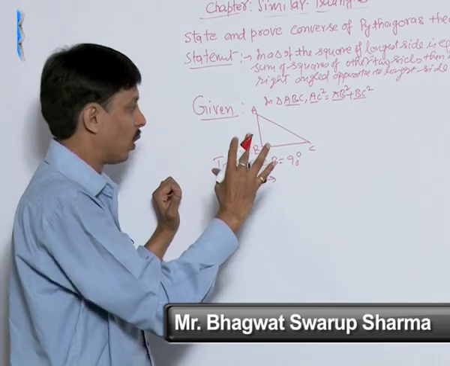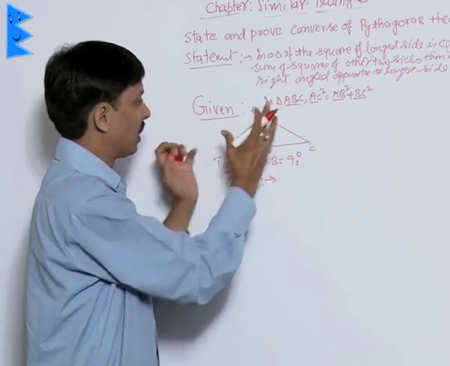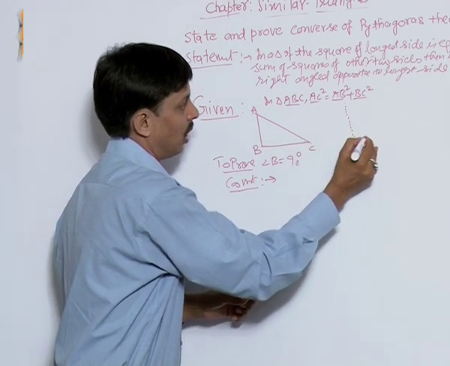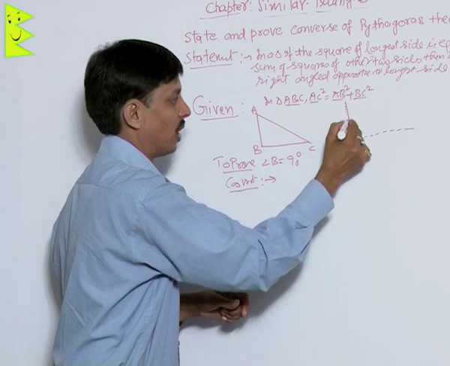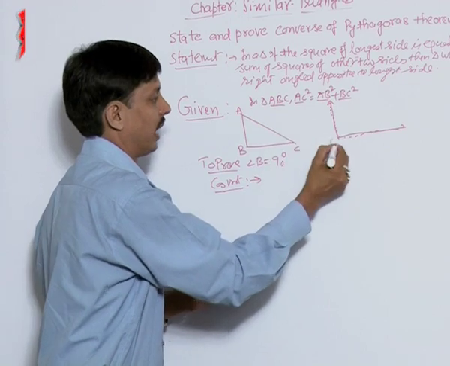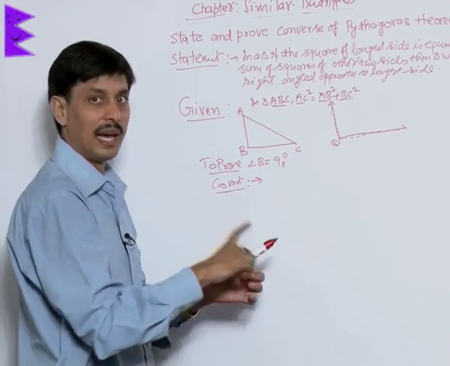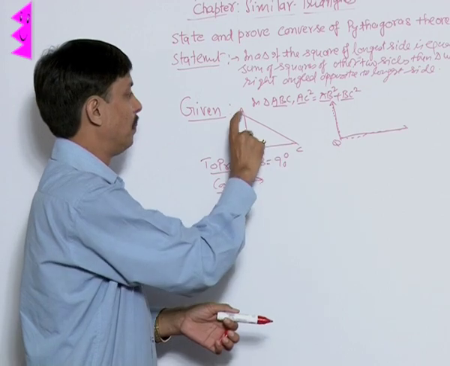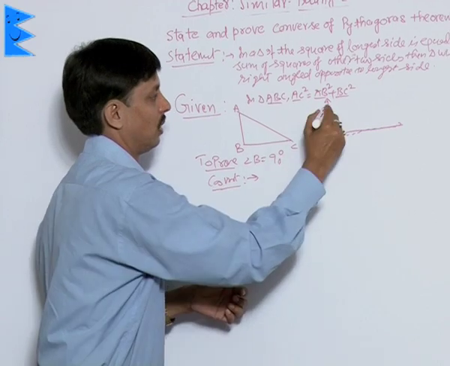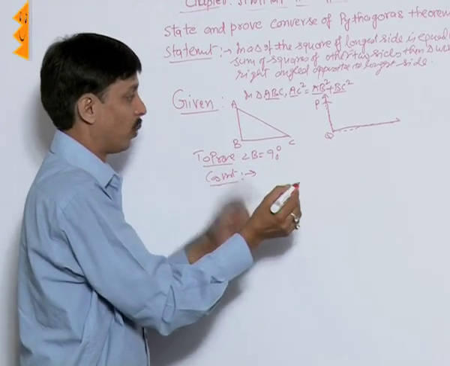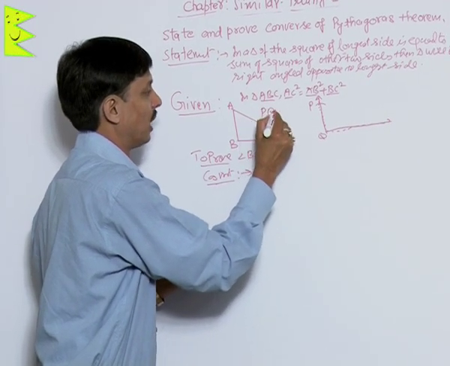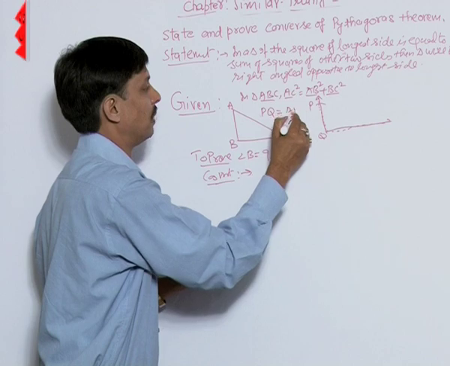First of all, to understand the construction of the converse of Pythagoras theorem, we will draw a right angle. We have drawn one right angle. We are taking a right angle with the right vertex at Q. Now with the help of a compass, by taking BA as length, by taking Q as center, we will cut off like this. Suppose this is P, and what is mandatory? That AB, that is I can say PQ length, I have taken equal to AB.